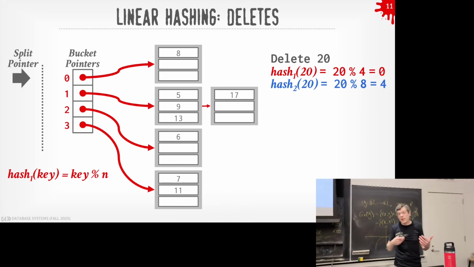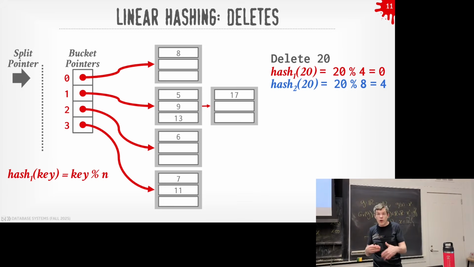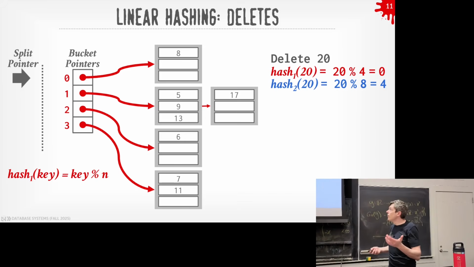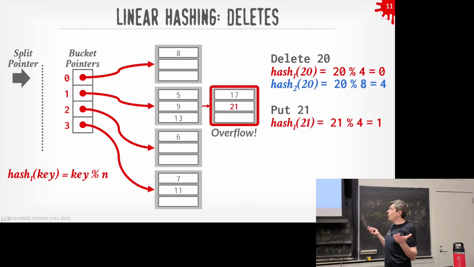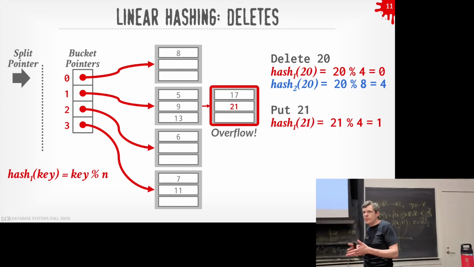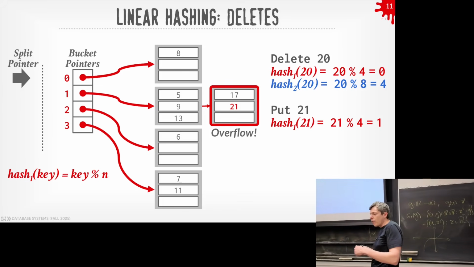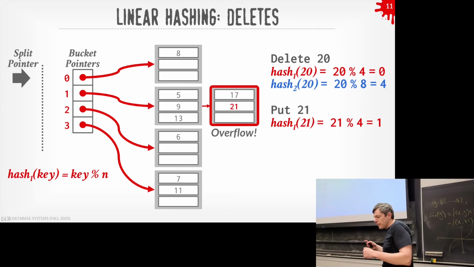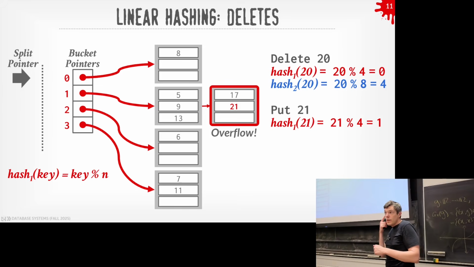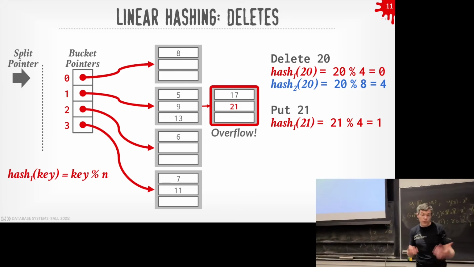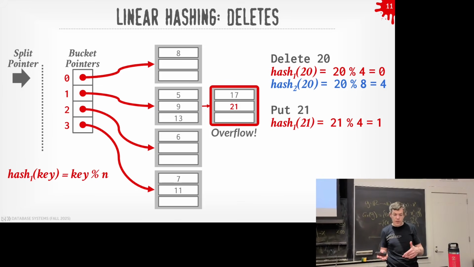And the reason why you maybe don't want to clean things up so quickly or eagerly as it happens is because if someone now inserts 21 back in, I'm going to be back where I started before and just have another overflow and do the same thing all over again. So in implementations of this, you kind of relax the rules about how quickly you want to revert back on deletes, because you may be doing the same thing over again and just spending time moving the split pointer back and forth, reusing space or freeing up space and then allocating it all over again.